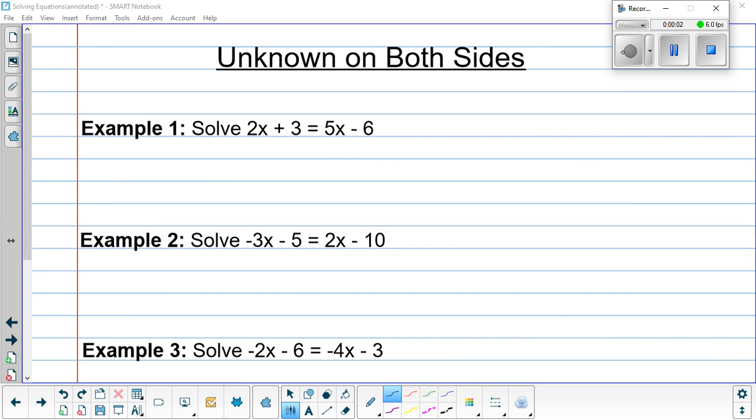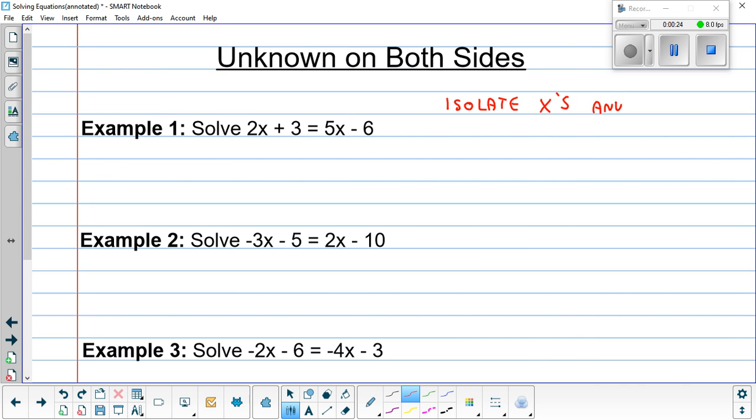So we're going to start off with what happens when we have unknowns on both sides, and when I say unknown on both sides, it's the same unknown. So an x on the left, x on the right, not an x and a y. Okay, so the same variable. So here, the first step we want to do is isolate our x's